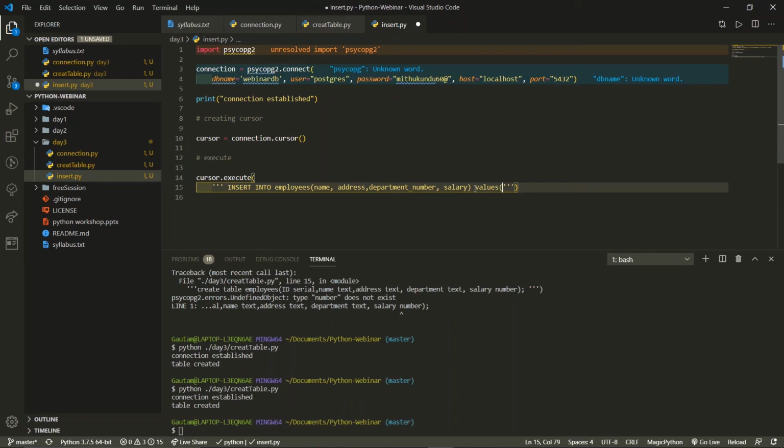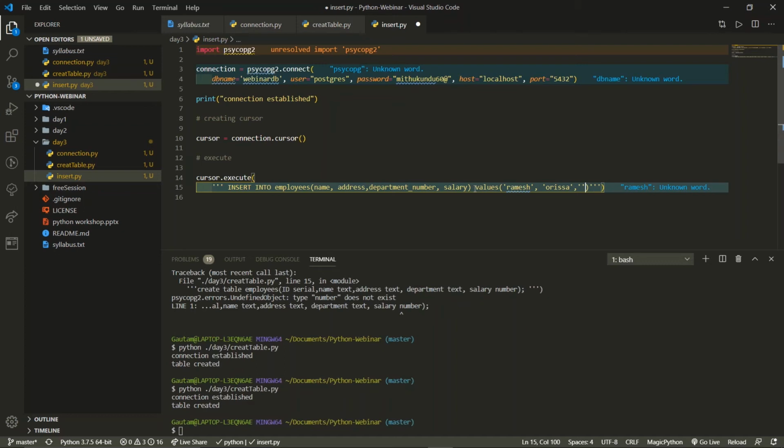Values are in single quotes. We'll write the name, for example, Ramesh. Then we will have the address, for example, Odessa. Now next the department number.